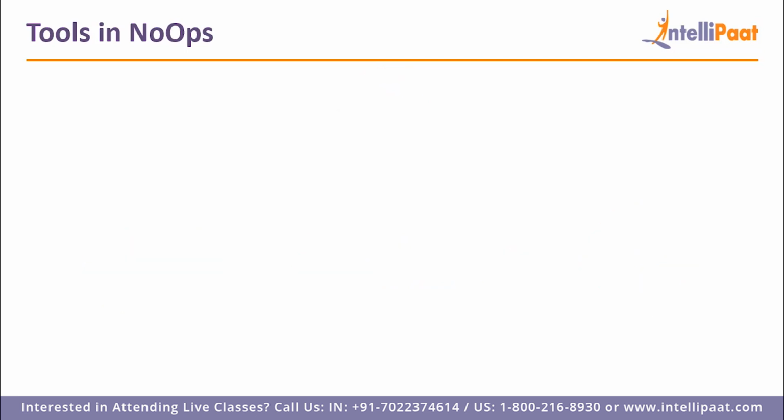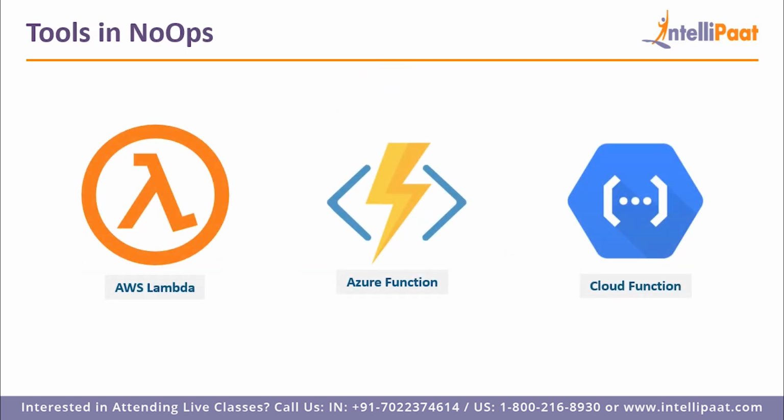So guys, in AWS, we have AWS Lambda, which lets you run code without provisioning or managing servers, right? And you pay only for the compute time you consume. There is no charge when your code is not running. And with Lambda, you can run your code for virtually any type of application or backend service, all with zero administration. Just upload your code and Lambda takes care of everything required to run and scale your code with high availability, right? You can set up your code to automatically trigger from other AWS services